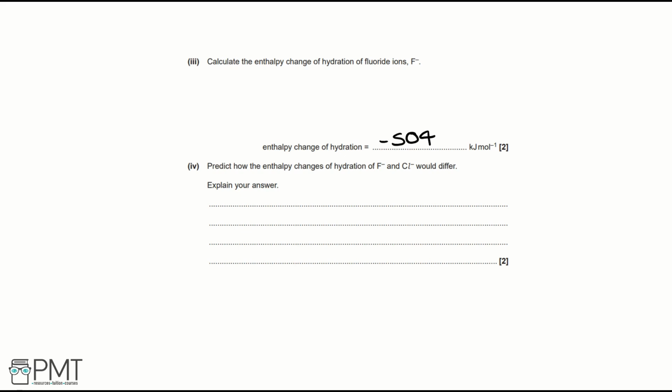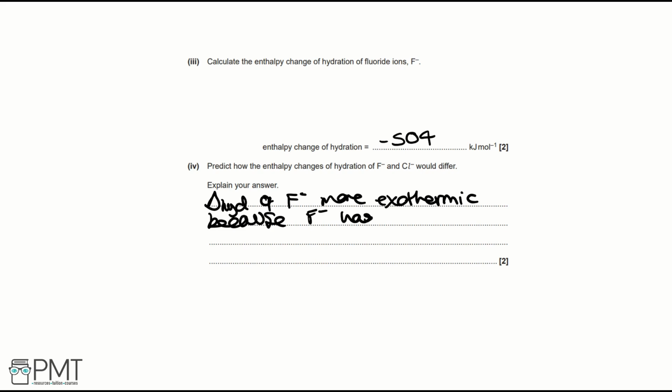Part 4. Predict how the enthalpy changes of hydration of F- and Cl- would differ. Explain your answer. Firstly, we need to make a comment on the enthalpy change of hydration values, so what they're going to be like visually. It's going to be more exothermic, or visually this would mean it would have a bigger negative value than chloride ions. The reason for this more negative value is because F- has a smaller size, or a smaller radius,